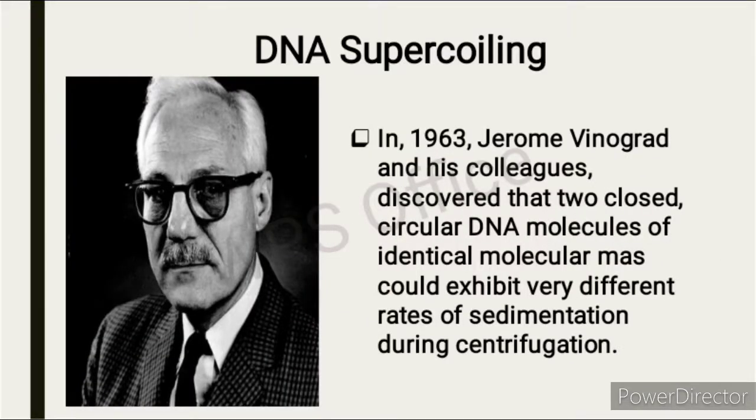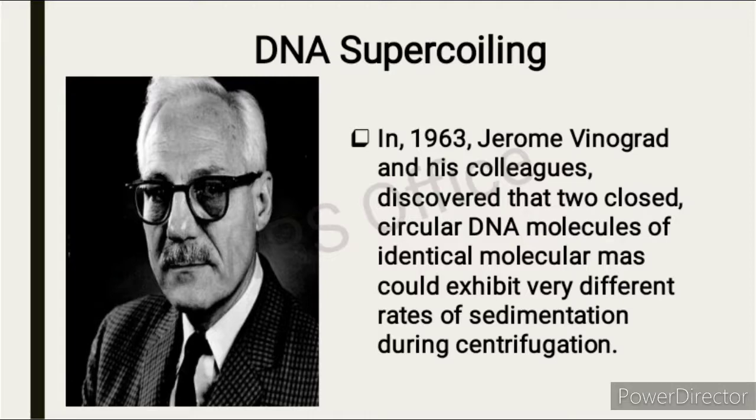DNA supercoiling was explained by Jerome Vinograd and his colleagues at the California Institute of Technology in 1963, who discovered that two closed circular DNA molecules of identical molecular mass could exhibit very different rates of sedimentation during centrifugation. Further analysis indicated that the DNA molecules sedimenting more rapidly had a more compact shape because the molecule was twisted